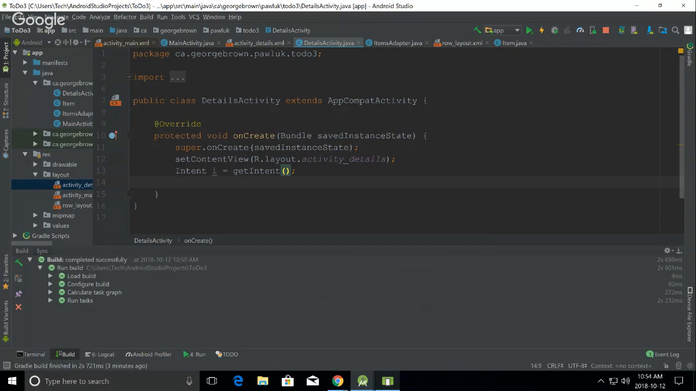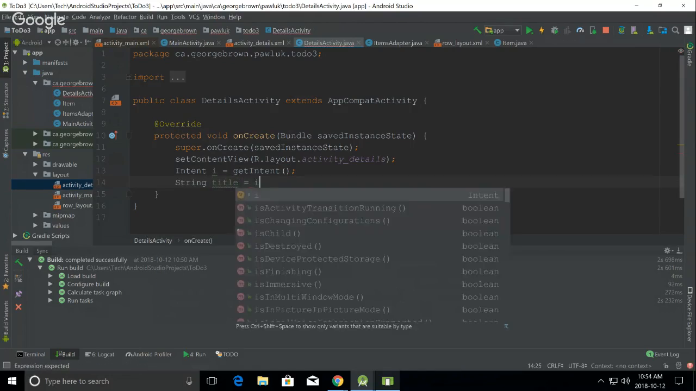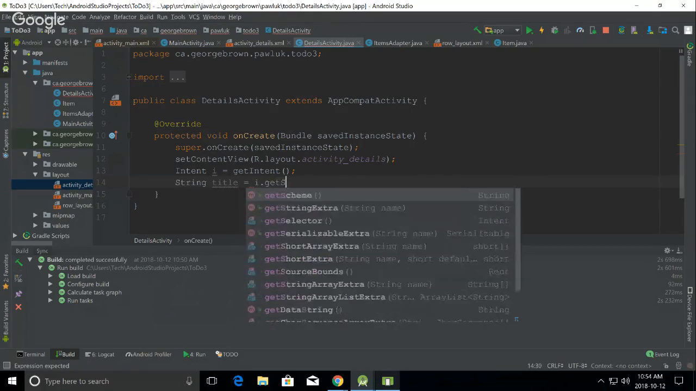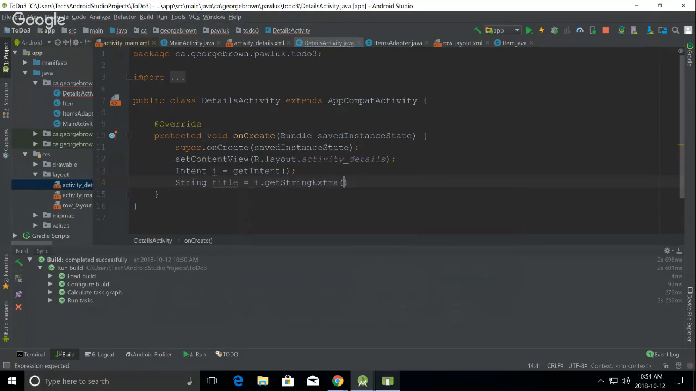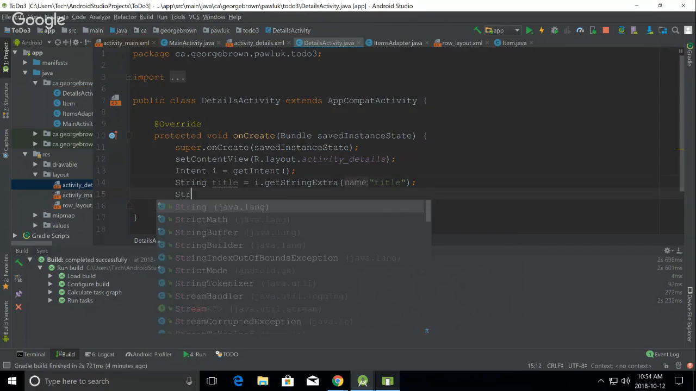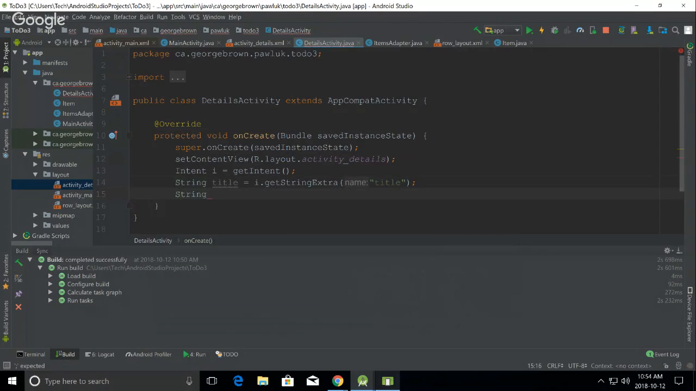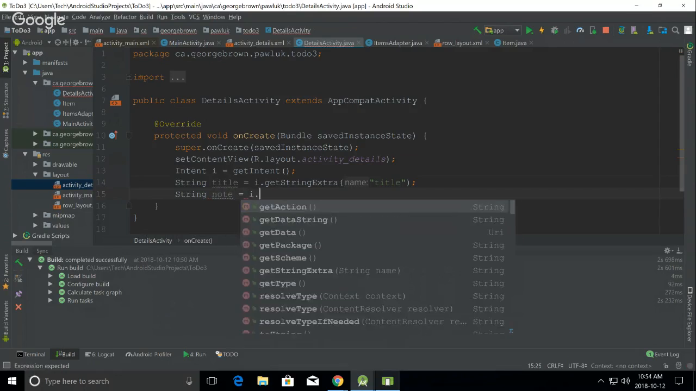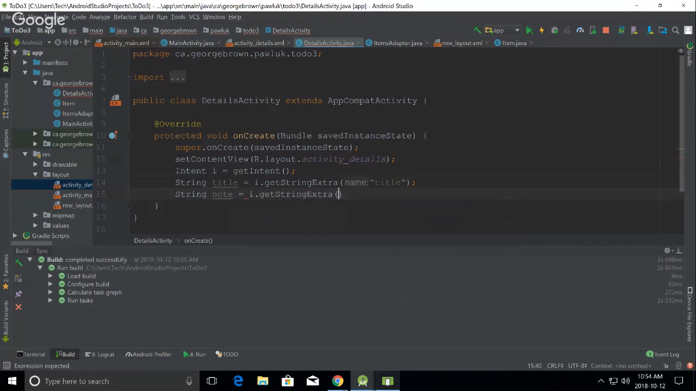So we are getting the intent. We will need two strings, title: i.getStringExtra title, string note: i.getStringExtra note,